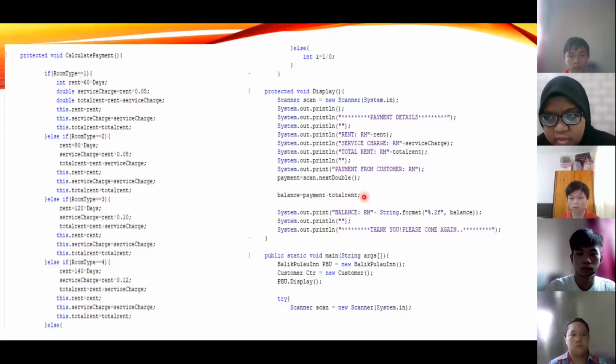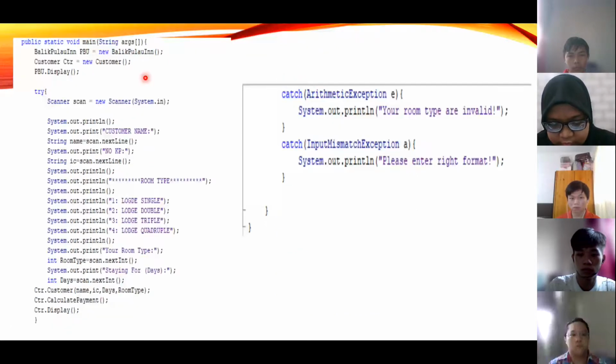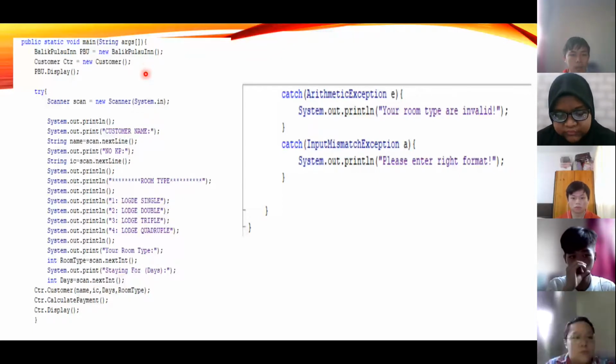Next, I will pass to the next presenter. So in the main method, we create the object for the class BalletPulauIn, which is PBU, and we also create an object for the class Customer, which is CTR. First, we call the method display in the class with PBU.display, and in the try block,